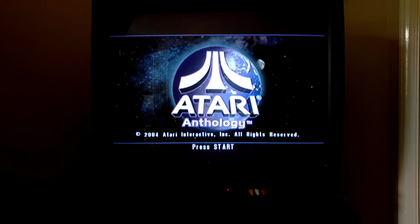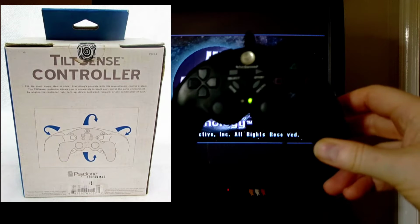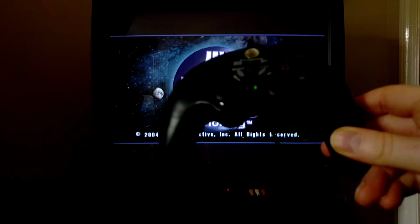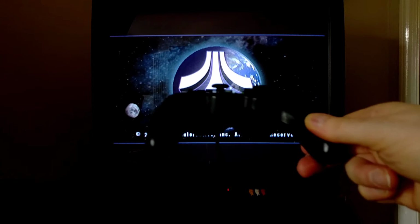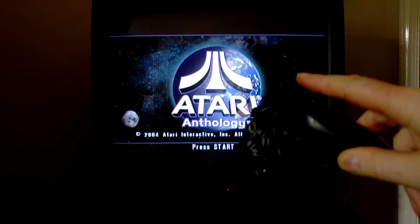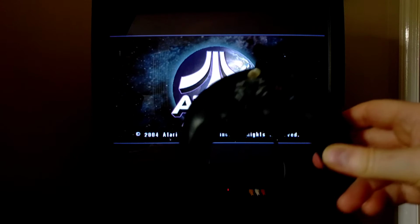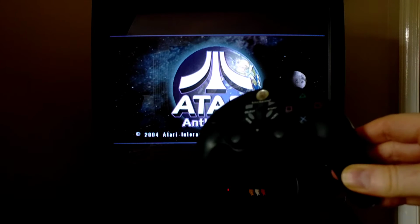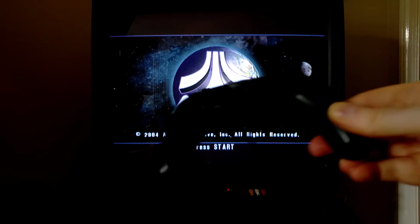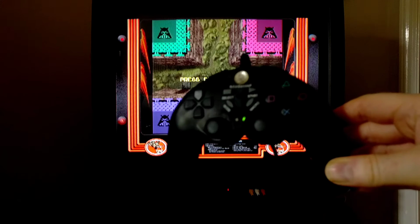I wanted to try something because I had kind of given up. Do you remember I talk about this thing sometimes, the Tiltsense PlayStation controller that basically converts the thumbstick movement into tilting control, and it's very handy for certain games. For example, I used it on the Red Baron that comes on this Atari anthology a while ago, and it was awesome. I also tried it months ago with Missile Command on the PlayStation 1, thinking this will be a great use for the tilt command, to be able to point at all the different missiles that are coming in. Well, that turned out to be a bit of a dud,